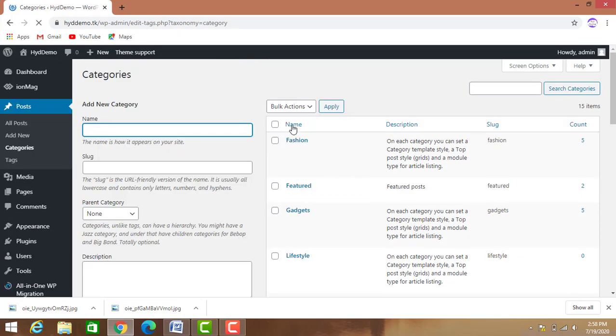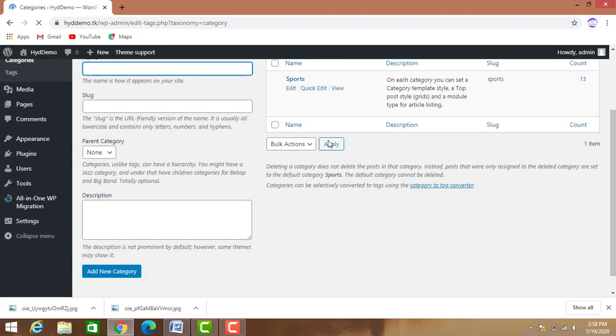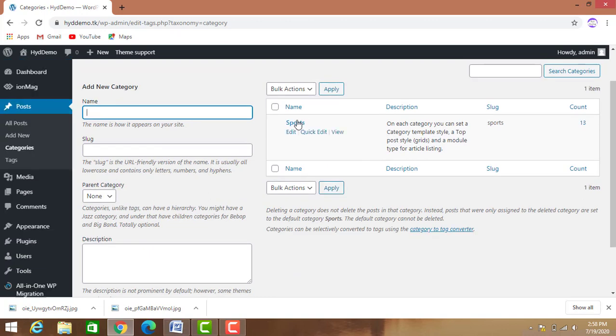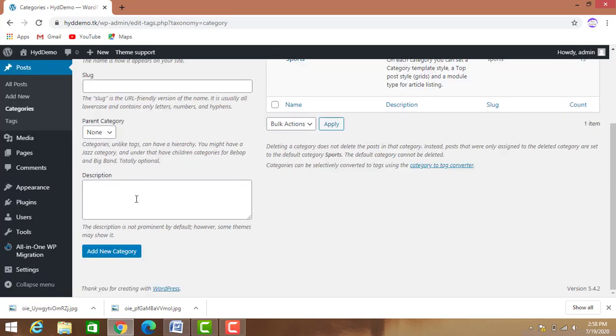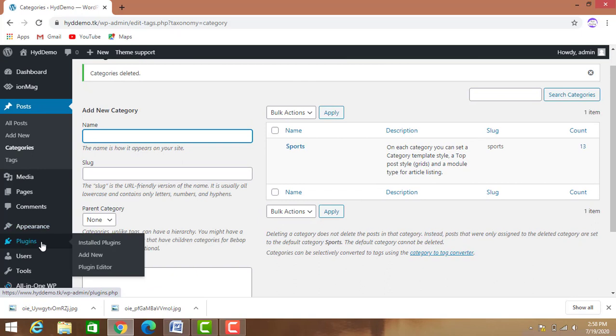Here also select all, bulk action, delete, apply. Only sport remained because we have selected this as our default category in the settings. That's why it remained. All 13 came in this category. Okay, let it be. Next, we need to install the plugin now.